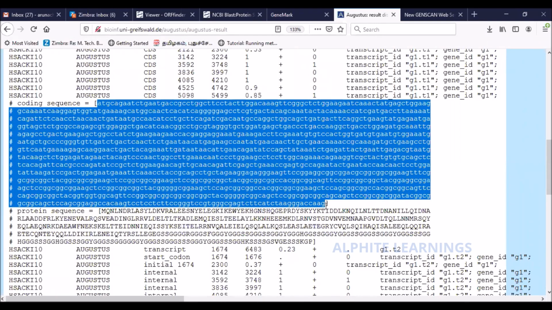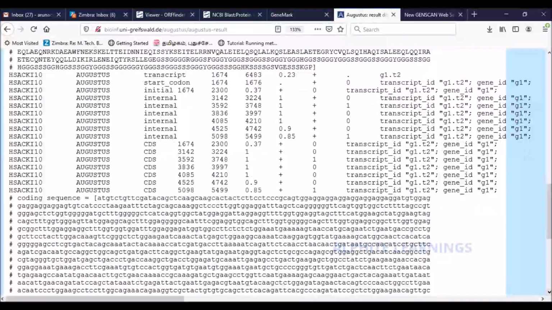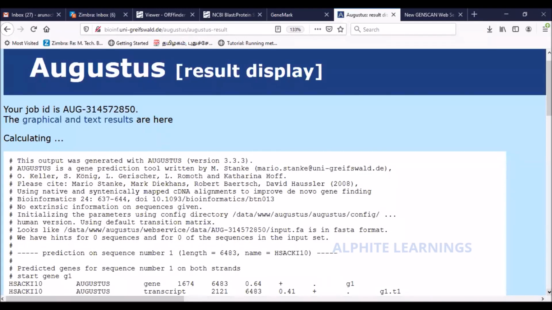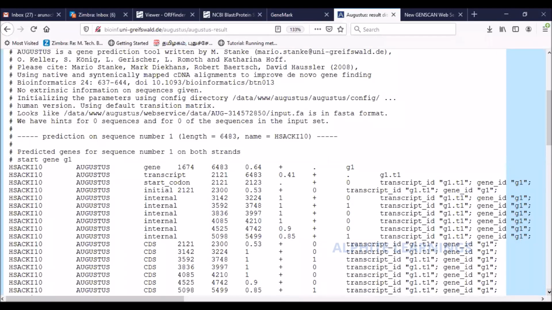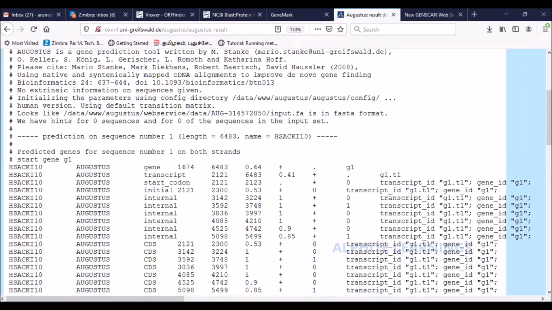This region is the gene that has been predicted, and if that gene is already present in the database, you would also get its corresponding IDs: its corresponding transcript ID, corresponding gene IDs, everything. All right. If it is not present, you won't get that, but that doesn't matter. If you have a novel sequence, you wouldn't get anything. Right. So this is how you predict a gene from a given nucleotide sequence.